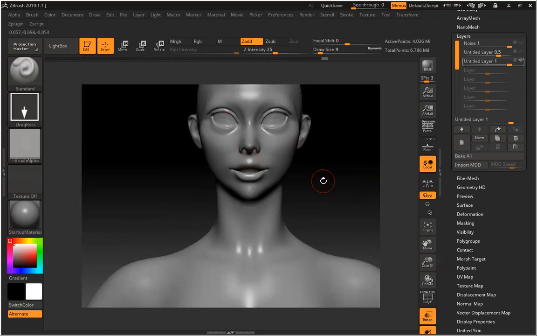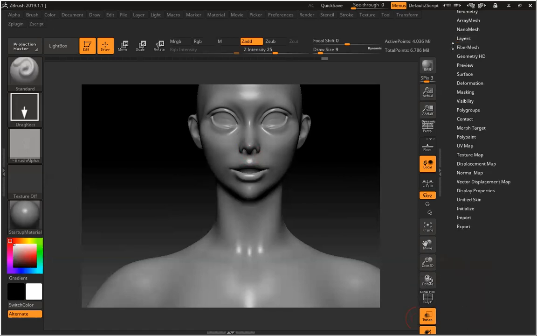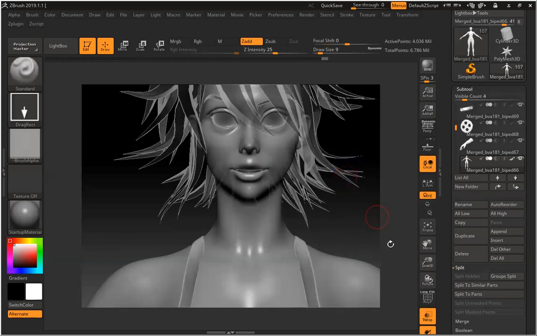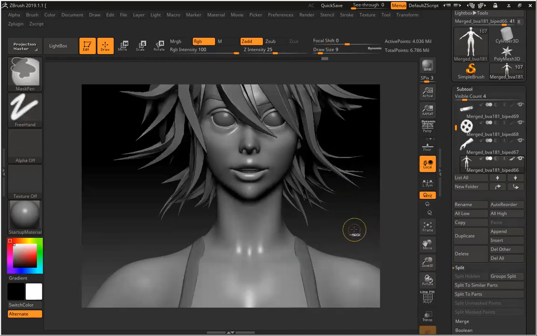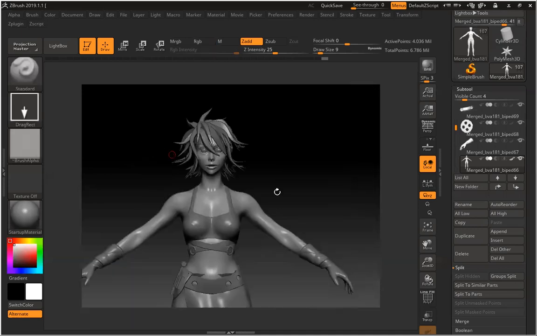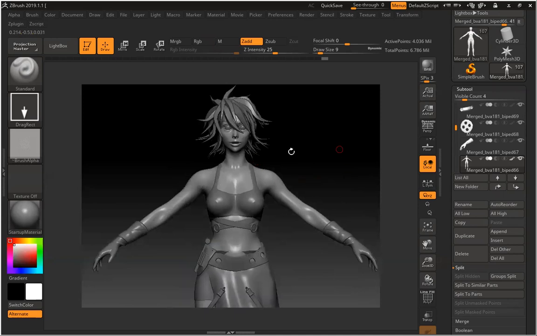So for this character, almost everything is now ready. We have to retopo the model, create a low poly. How do we do it? Because initially we create a high poly, now we have to create a low poly. For this, I have already exported the lowest division of this model.